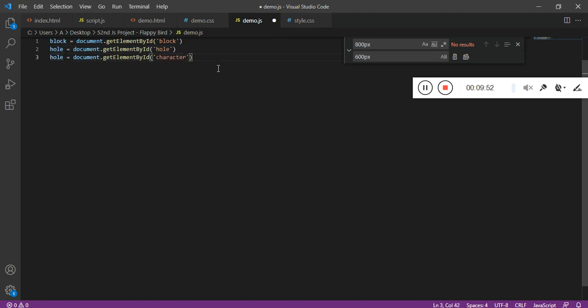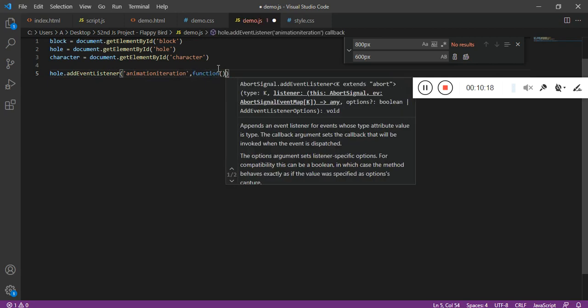Let me do that as well. Cool. Now get the hole. Since we have an animation running on the hole, add event listener animation iteration, function,